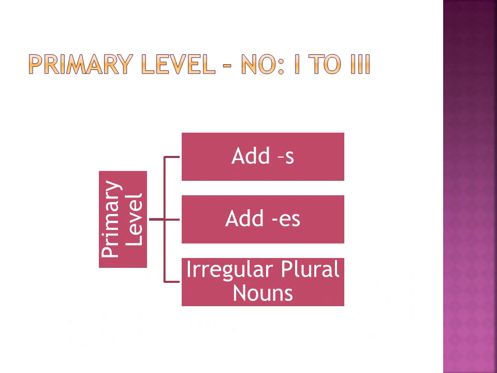There are several different rules to form plural nouns. To make your learning easy, I have graded the rules of singular and plural form in 3 levels. The children who are in classes 1 to 5 can learn these first 3 rules. Add s or es to a singular noun to make its plural form. The examples given in the next slide will teach you to form irregular plural nouns.